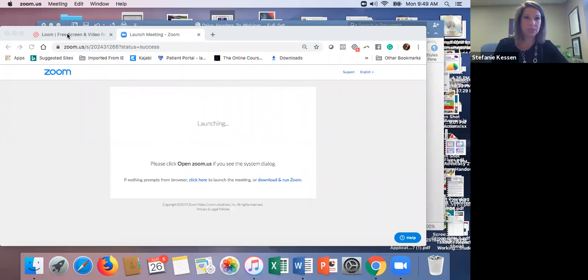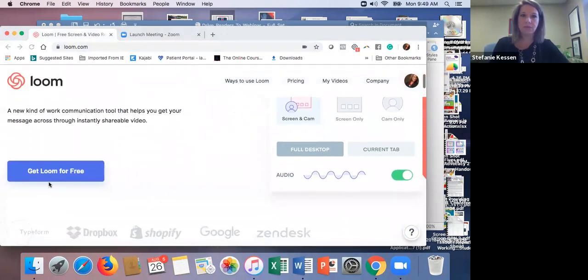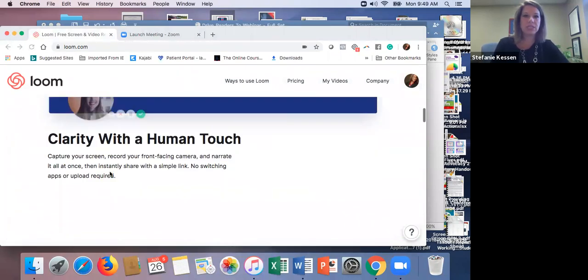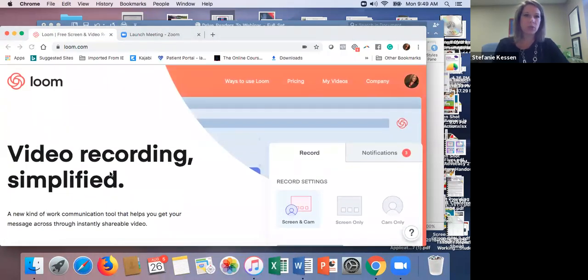So this is what I'm going to do. I'm going to share my screen with you. Feel free to pause this as you need to and just walk through it step by step. The first thing you want to do is go to www.loom.com. This is Loom's homepage, and you'll see here that you can get it for free. You'll want to click on Get Loom for free, and it's very easy to do. There are some video tutorials to walk you right through it.